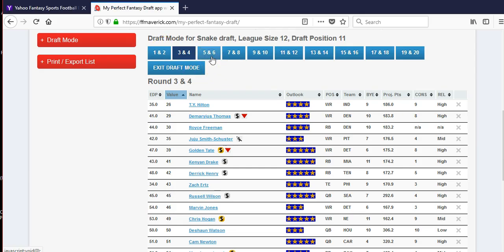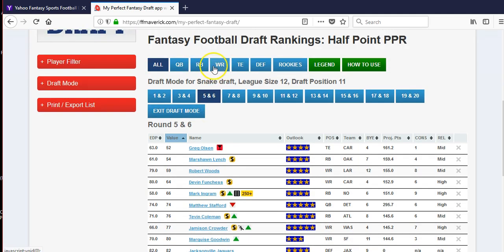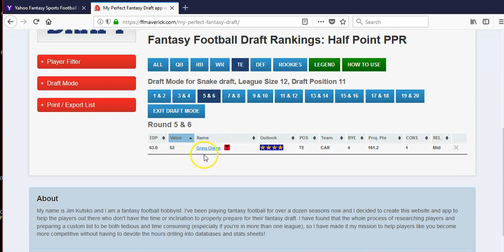Let's see who's available. Who's the best pick? Now, I always kind of start to look at tight ends here to see who's available. And again, this is where the position filters can come in handy. Of course, there's Greg Olsen right at the top of the list, right? But he's really the only tight end being taken in this round that we would be interested in. A couple others are in there, but they've been filtered out with Jimmy's recommended filters because of injury issues and such. So if we wanted to take Greg Olsen, this next round is going to be the round to take him. If we wait,